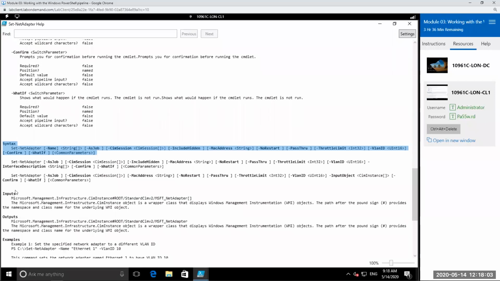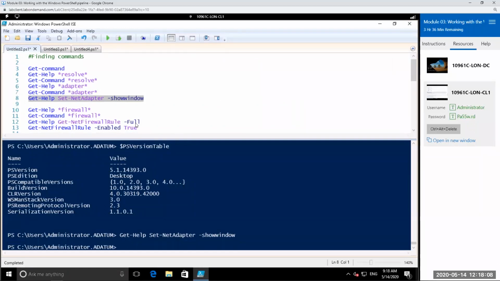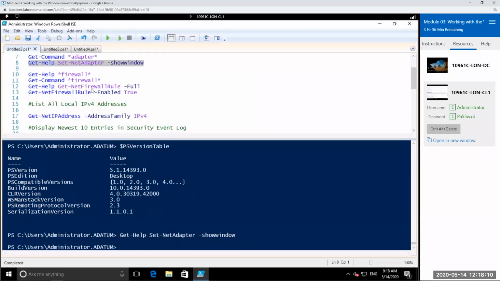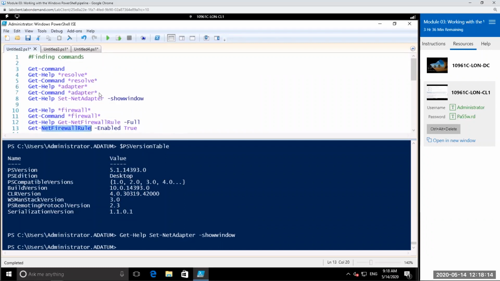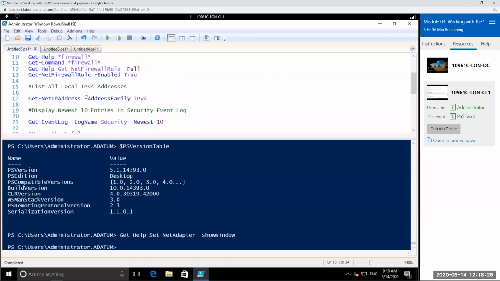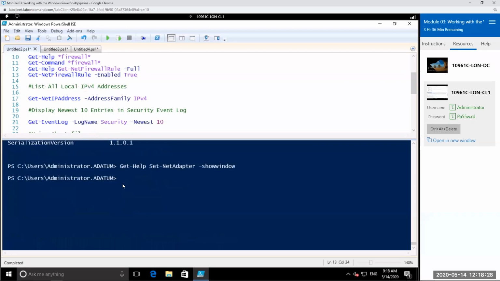So now, when we go back into our console, we might want to go out and find information about different firewall rules, different commands. One of my favorite tools here is also the get member. Now, a get member allows me to look at the different properties and methods associated to a command. So let's say I wanted to find out some information about what types of properties I can retrieve from my,